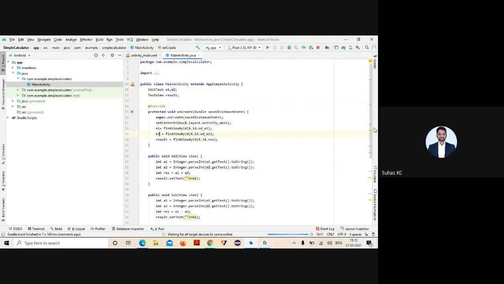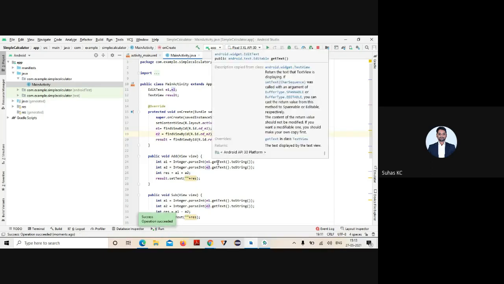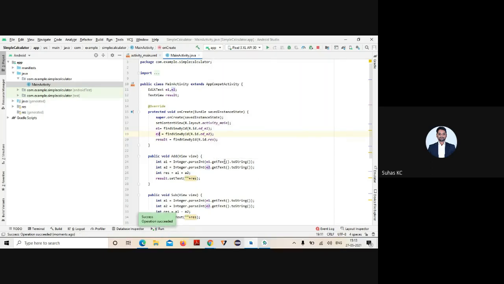That is running. Okay, and I'm just writing the logic part here. I'm taking two variables called A1 and A2. You have to read the input. Whatever input I'm reading, I say E1 dot getText. Can anybody say what is the use of getText? That is used to get the text entered in your edit text view, and it will be in the format of an object. To convert to string, toString is used. To convert the string back to an integer, parseInt is used.